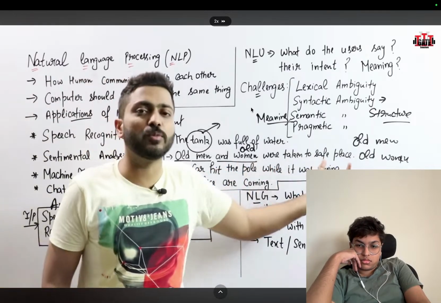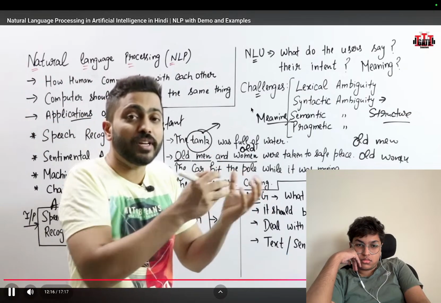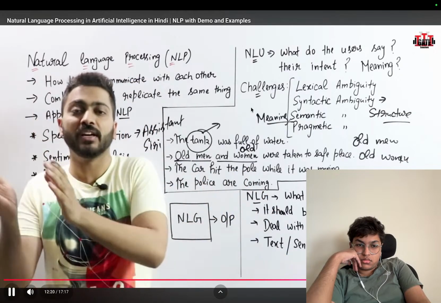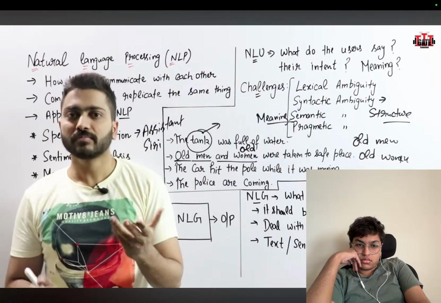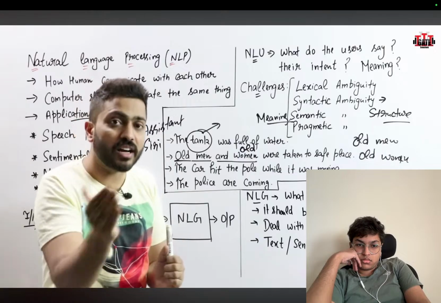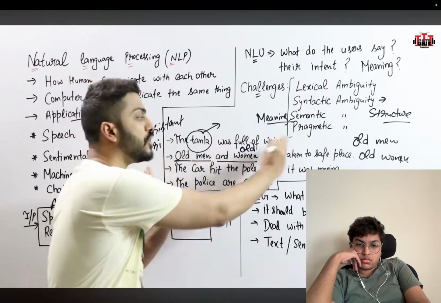कार हिट द पोल व्हाइल इट वाज मूविंग। तो यहां पे मीनिंग के अंदर देखो कहीं ना कहीं आपको एम्बिग्यूटी मिल रही है कि मूव क्या कर रहा है, कार मूव कर रही थी या पोल मूव कर रहा है। अगर मैं हिंदी में बोलूं, चलती कार ने बच्ची को टक्कर मारी, या आप इसको ऐसे भी कह सकते हो कि कार ने बच्ची को टक्कर मारी जब वो चल रही थी। तो यहां पे क्या चल रही थी? कार चल रही थी या बच्ची चल रही थी? तो यहां पे मीनिंग से रिलेटेड एम्बिग्यूटी है।